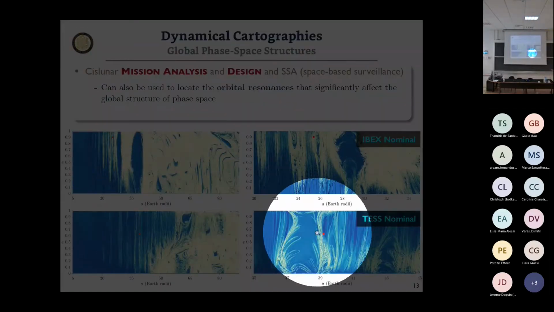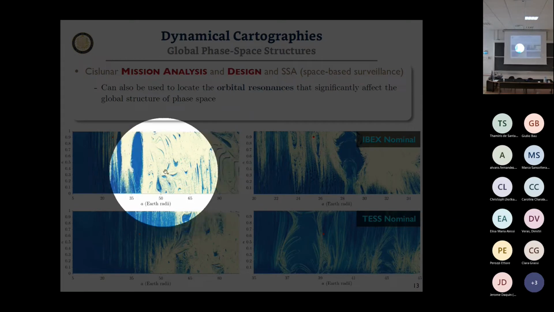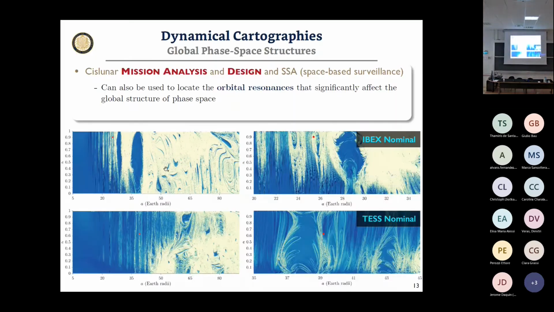Some of this was done for the orbit of TESS. Of course, we designed the orbit of TESS based on IBEX, but even in this case, you can see the region is stable in general. This is a time scale of only several years, and we have gross instabilities as we get closer to the orbit of the Moon. And as Christos talked about the Wisdom criteria, we're going to have, I forget what it's called, the planetary clearing zone. So that's very prevalent for the Earth and the Moon system, with timescales equivalent to what we consider mission timescales.